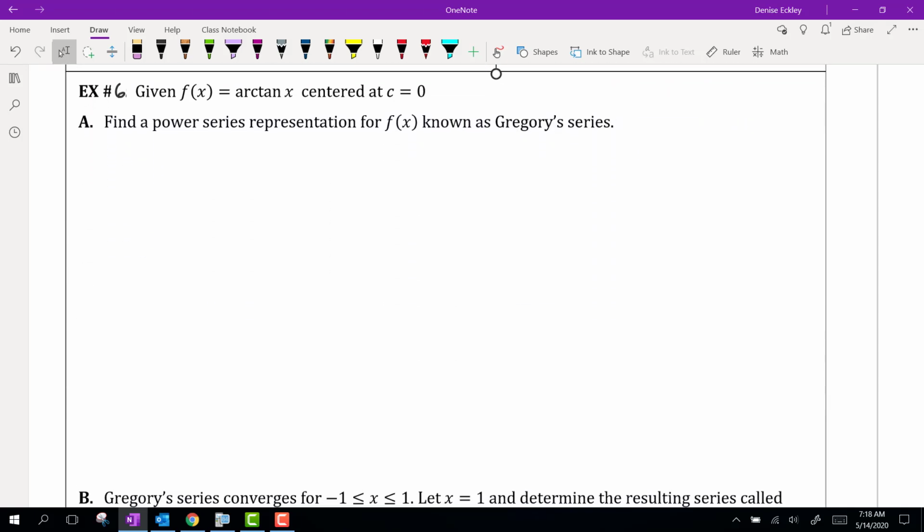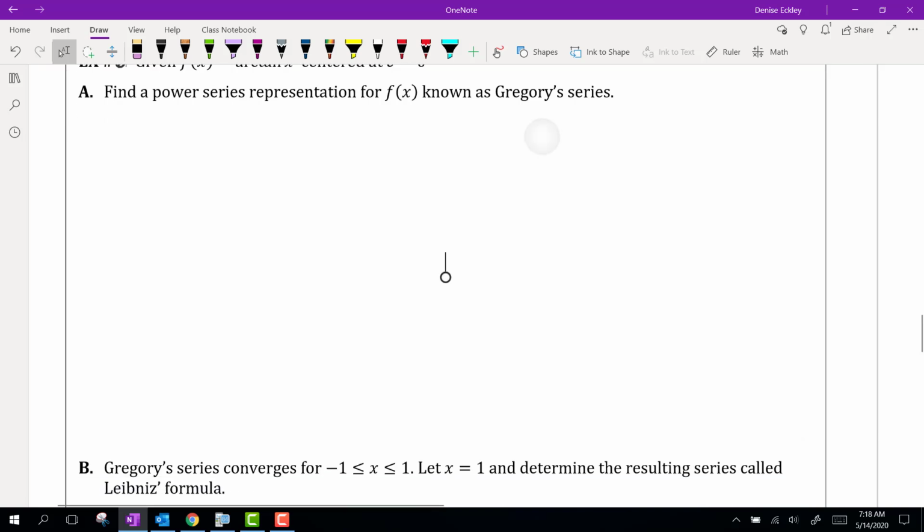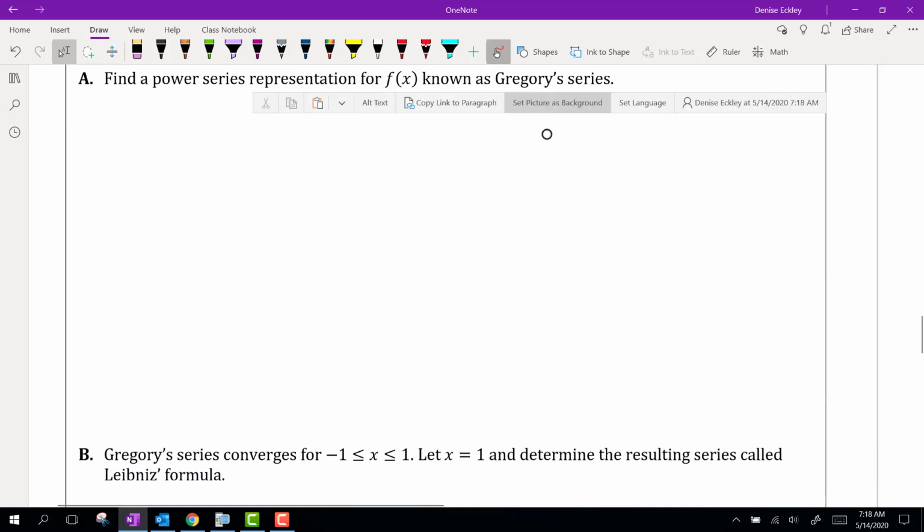Given f of x equals arctangent of x centered at x equals 0, find a power series representation for f of x known as Gregory's series. So he obviously was a mathematician that studied this. So this is kind of tricky, and it's kind of cool how they figured this out. What we want to start with in this case is the derivative of the tangent,